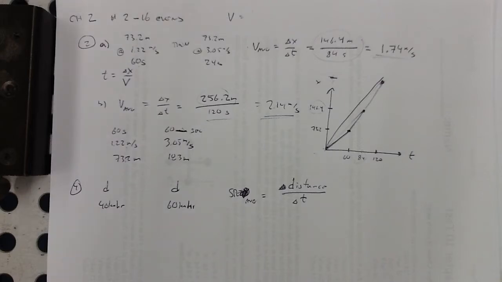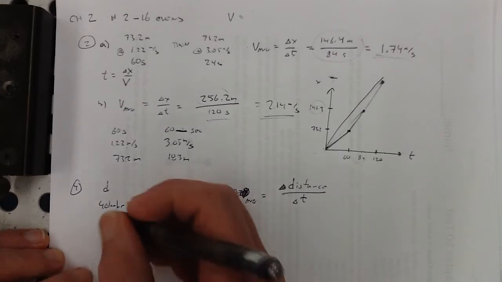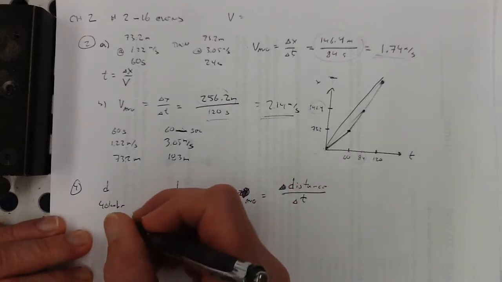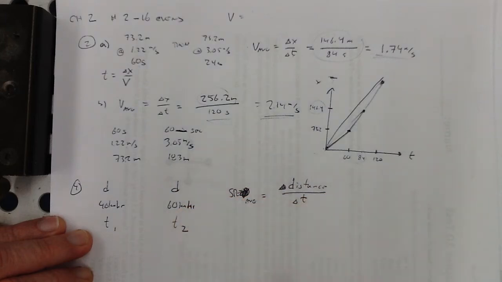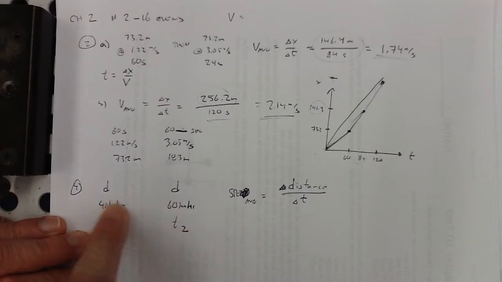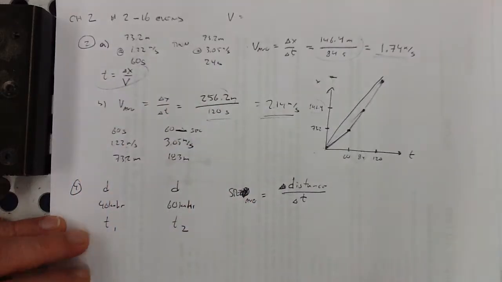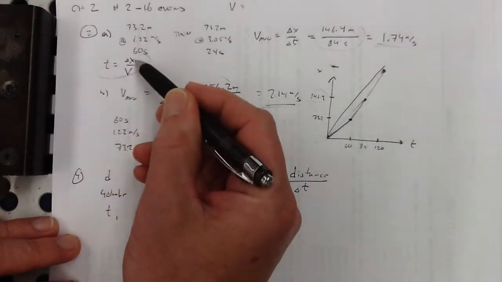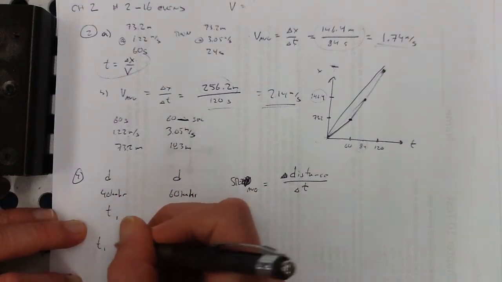So we need some kind of expression to relate these things. The distances are the same. The times are different. This time is going to be longer than this time, right? Because we went slower here. So let's see. What's time equal to? If we rearrange our little equation, I know that time is equal to that distance divided by the velocity. So time 1,